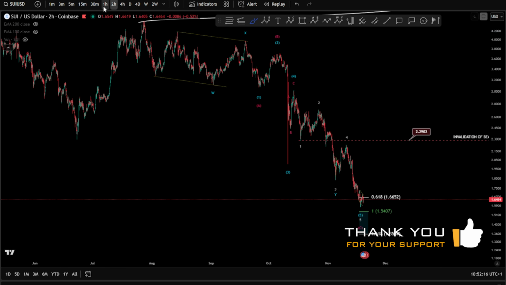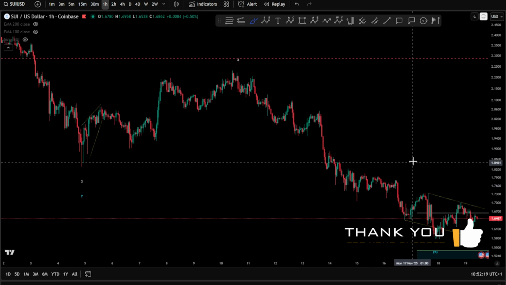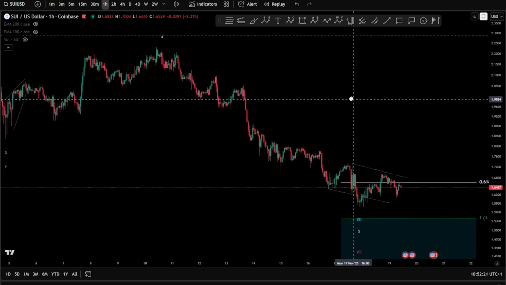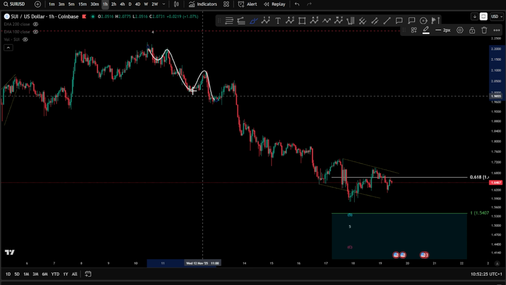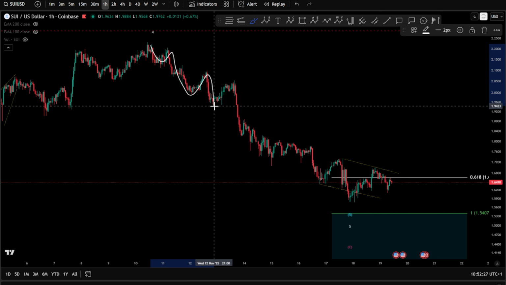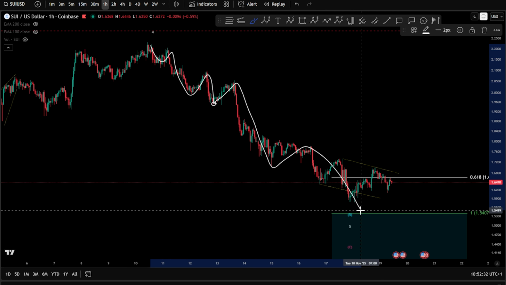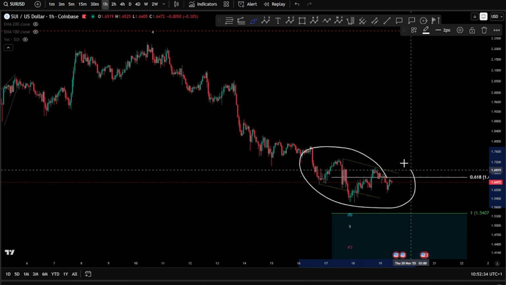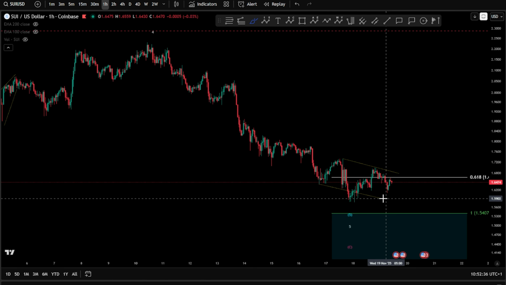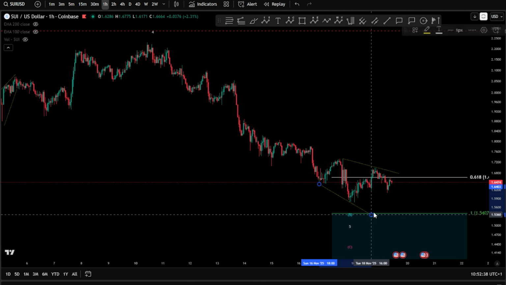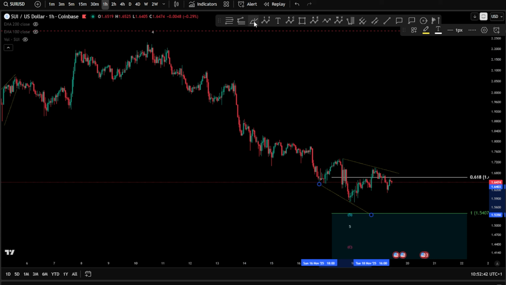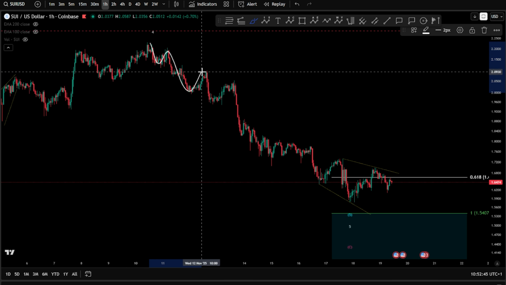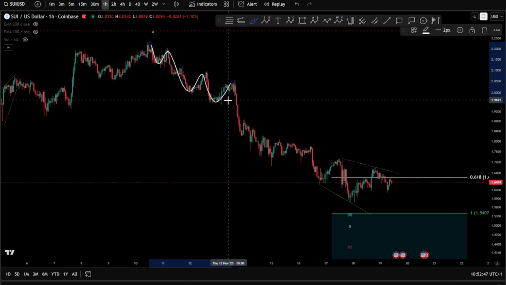Inside this wave 5, if we dive a little bit deeper on the 1 hour chart here, we can see that this wave 5 is unfolding as potential several 1, 2s, or it can be of course an impulse 1, 2, 3, 4, 5, finished wave 1, wave 2, wave 3, 4 and a 5. Now the problem is this wave 5 looks of course unfinished somehow, and it starts to look kind of like an expanding diagonal. Therefore, I still believe that this might be several 1, 2s here rather than just one